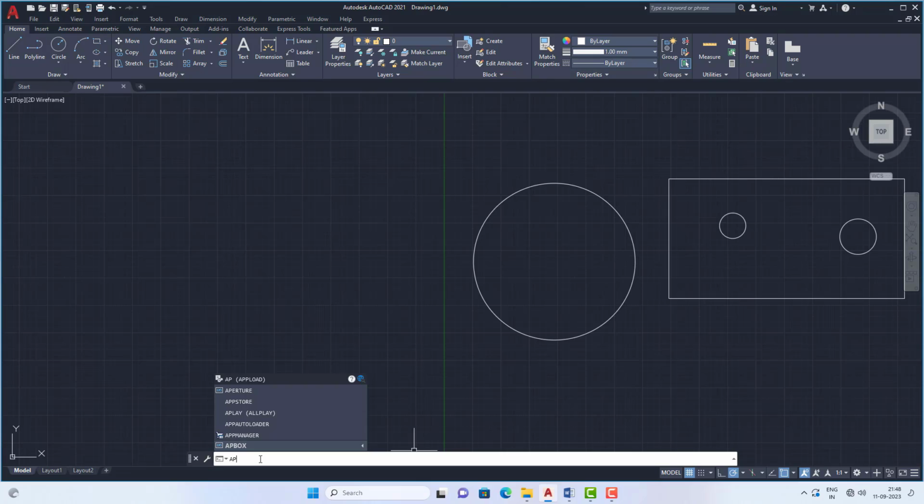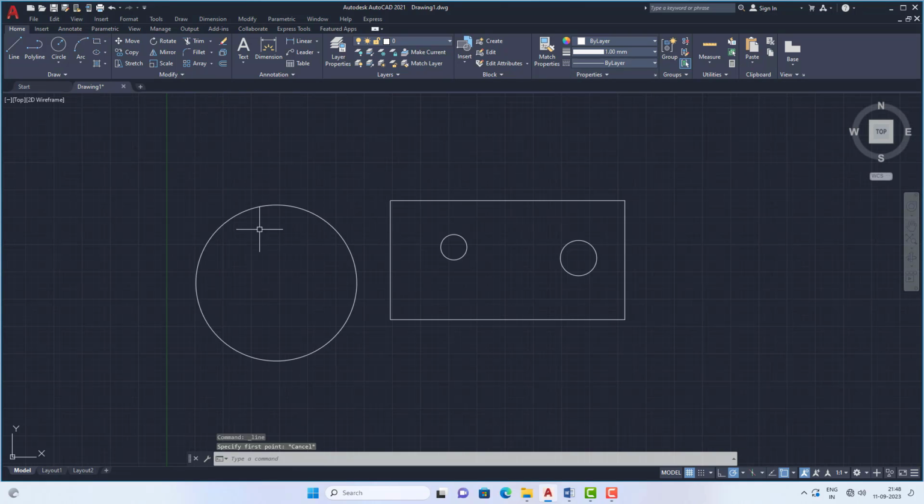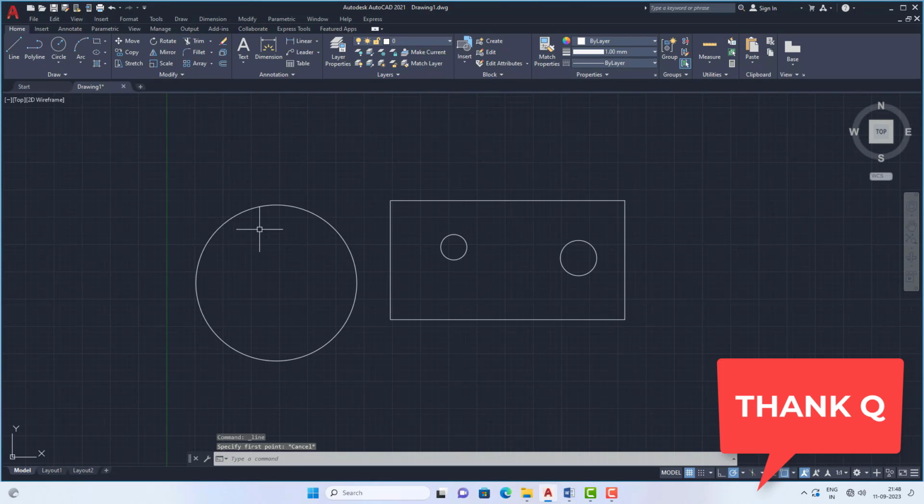After giving the aperture value, you need to give APBOX, that means aperture box, and press enter. By default it is 0, so it won't appear, and you need to give 1 here and press enter. Now select any object, and the aperture size is 15. You can give the maximum value of 50 also, then the size will be increased. Like this we will use these transparent